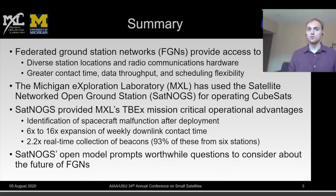One potential solution for these problems is the use of a federated ground station network, or FGN. These provide access to diverse station locations and RF hardware, as well as greater contact time, data throughput, and scheduling flexibility. The Michigan Exploration Laboratory, or MXL, has used the Satellite Networked Open Ground Station Project, or SatNOGS, for operating